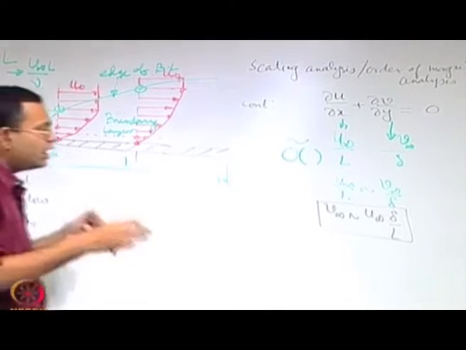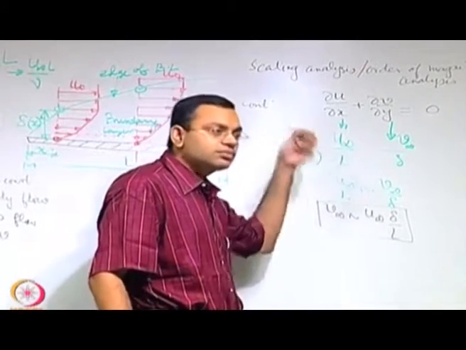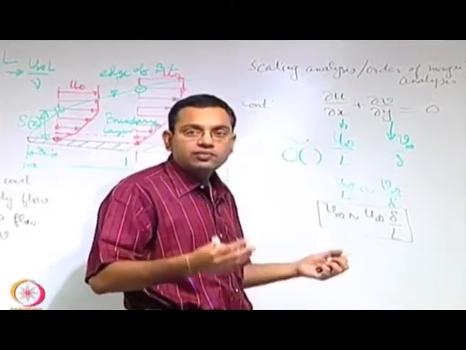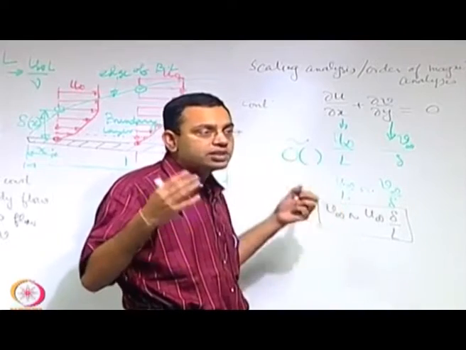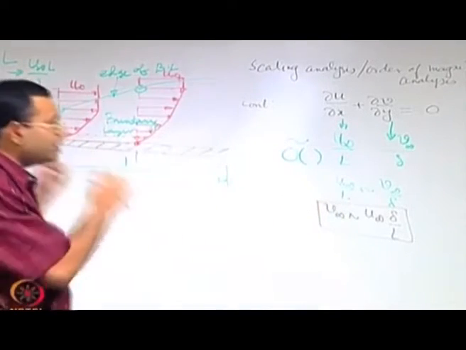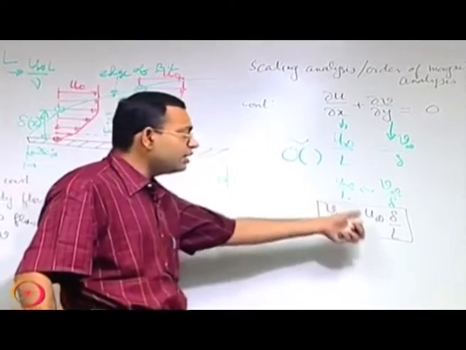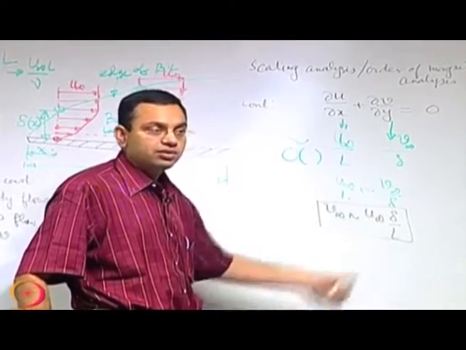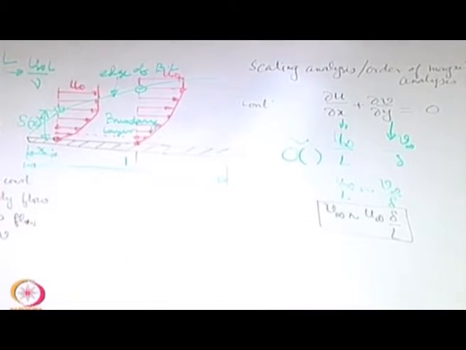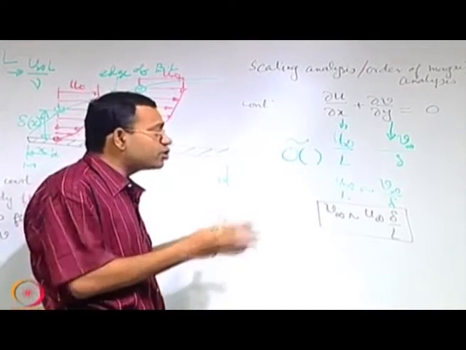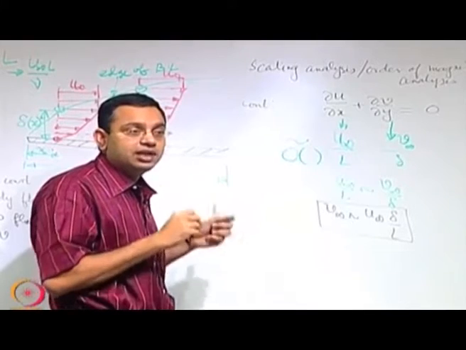So we may have all sorts of possibilities. In a boundary layer you may have delta much greater than L, delta much less than L, even delta of the order of L. All those are plausible boundary layers, but the theory that we are going to develop, we will develop for a special case, and we will see what is the relevance of that special case. The special case is delta by L is very small. That is one of the important assumptions of the boundary layer theory.